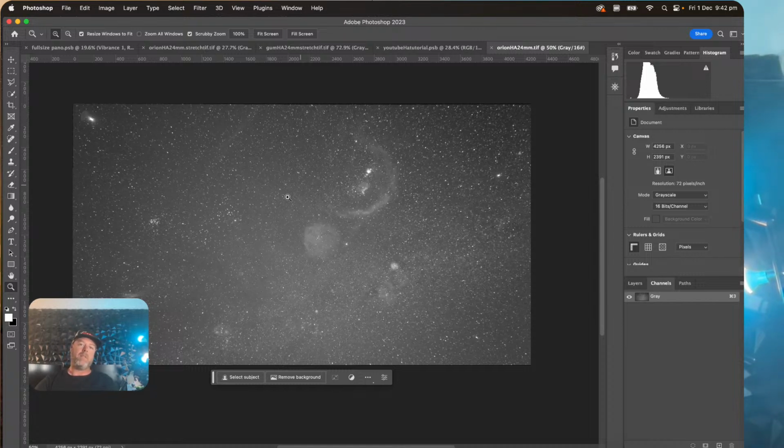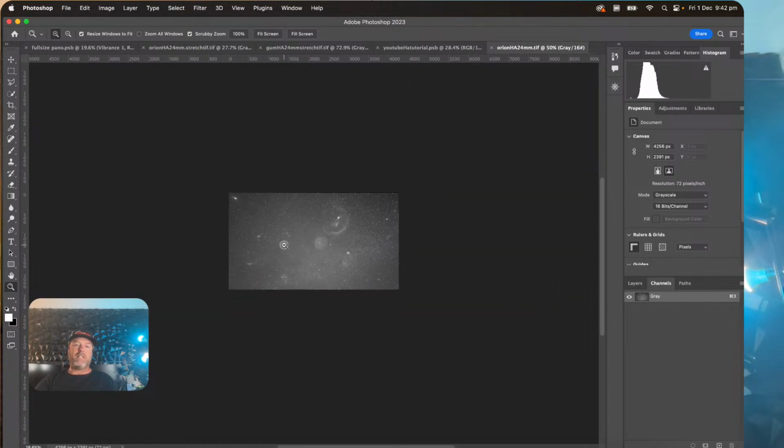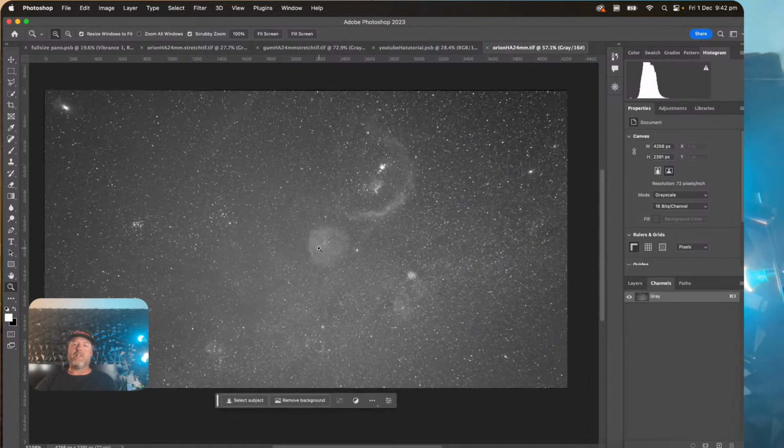Now this image was stacked in APP, Astro Pixel Processor, so it's already come out of the stacking software as a grayscale image, because when you stack in there, you can actually tell it that it's a hydrogen alpha image, and it will just automatically know that you want it in black and white. So all I'll do to this now is